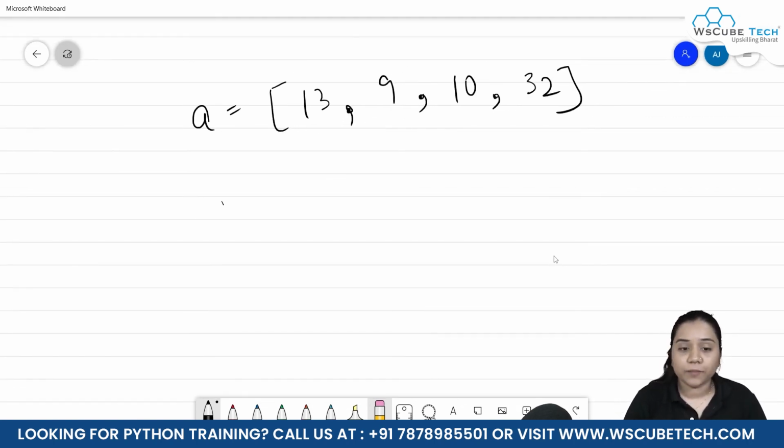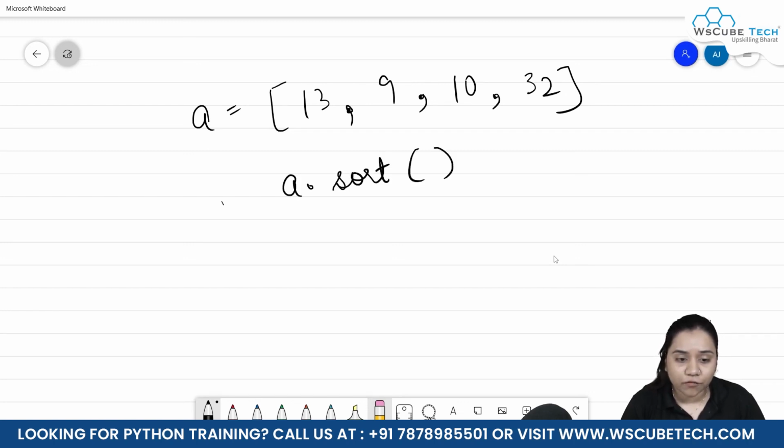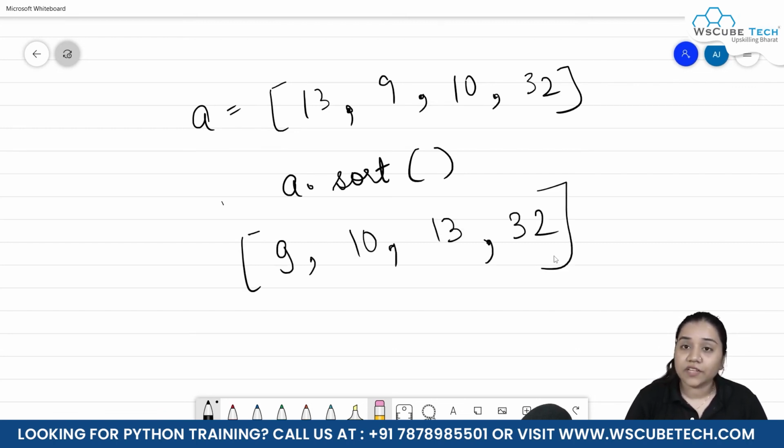Now here we will be using our sort method. Sort method allows us to arrange everything in the ascending order. So I'll be writing a.sort. And if I print the list after this, it will give me a list something like this: 9, 10, 13, 32. So we know that after arranging it in ascending order, it will obviously give us the last element